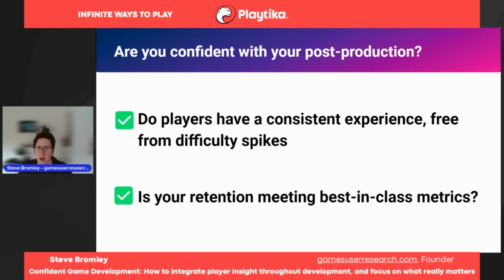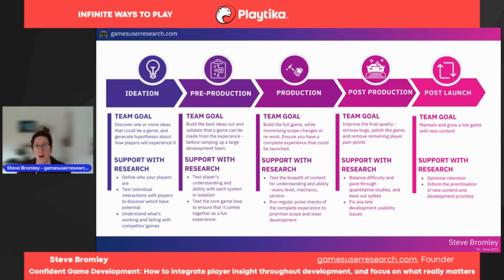Now, I know I've said a lot at this stage about these types of studies and how you can run them. I've created a graphic here that I hope sums up a lot of what I've talked about so far, both what teams are trying to do in each stage of development, and also how research can support with that. What type of studies should you be looking at running in each of these stages so that you are confident that players are going to like your game and you're identifying issues as early as possible, making them as cheap as possible to fix. I'll share a link to where you can get a longer version of this graphic at the end of this talk as well, if it's helpful to you.